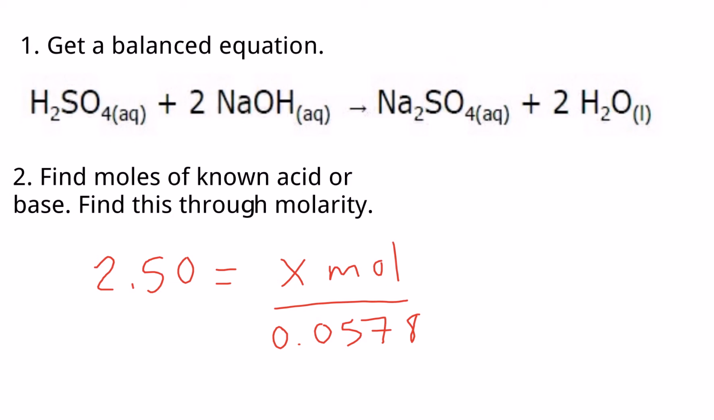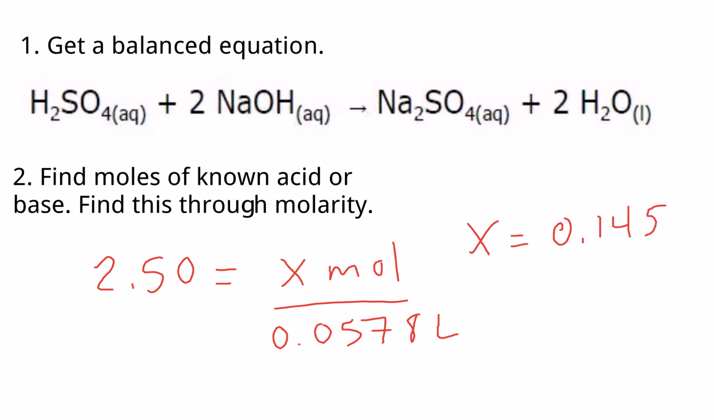Alright, so if I want to find X, I need to multiply each side by the 0.0578 so that it'll cancel at the bottom here. I'll multiply it times the 2.50, and then that will give me just the moles. So if I end up doing that, and I multiply 2.50 times 0.0578, which is my volume in liters, we'll put the liters down there, what I end up getting is that X, which is the moles, is equal to